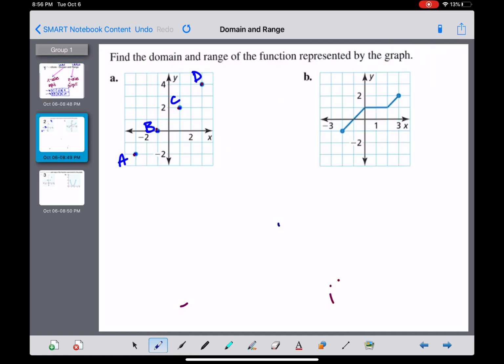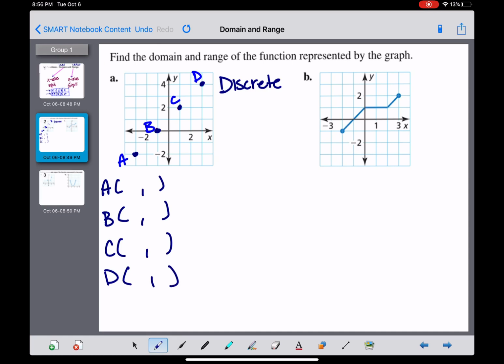So the first form that we're going to look at is as a graph. So for example A, this is called discrete data. The reason that it's called discrete data is because I had to physically pick up my pencil to go from one data point to the next. So I'm going to list all of my coordinates. It's probably the easiest way to see my x and my y values,